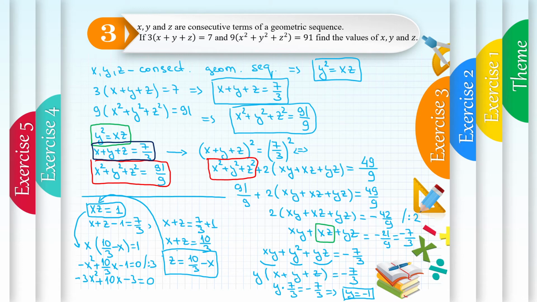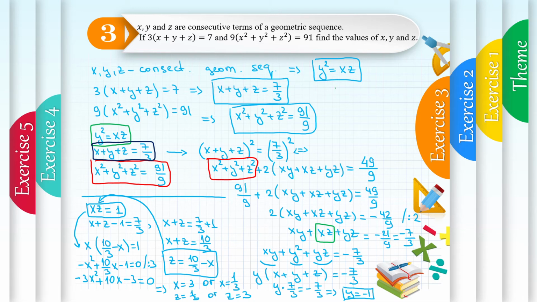Solving it with the formula, we get that either x is 3 or x is 1 over 3. For x equal to 3, we get that z is equal to 1 over 3, and for x equal to 1 over 3, we get that z is equal to 3. So the answer to our